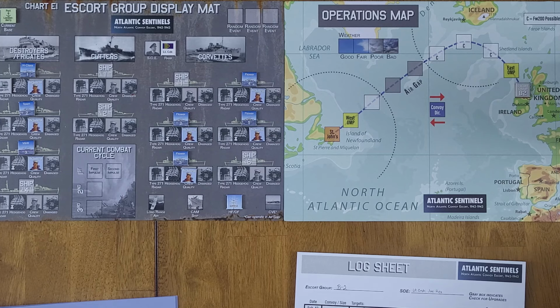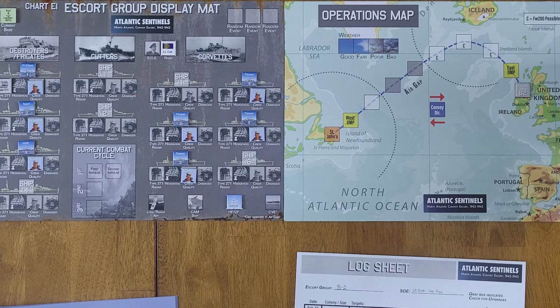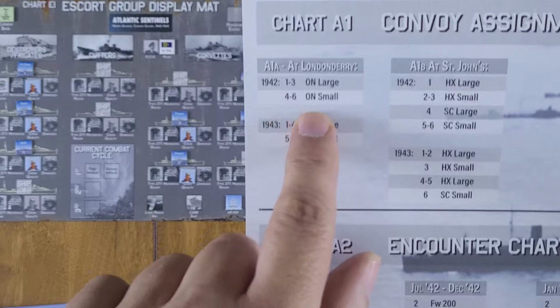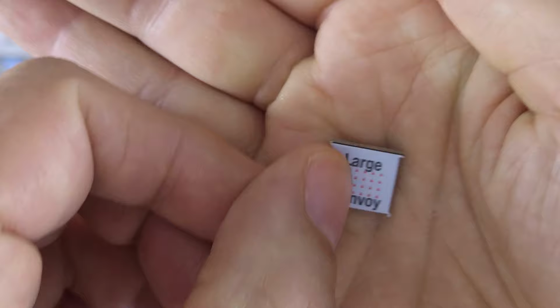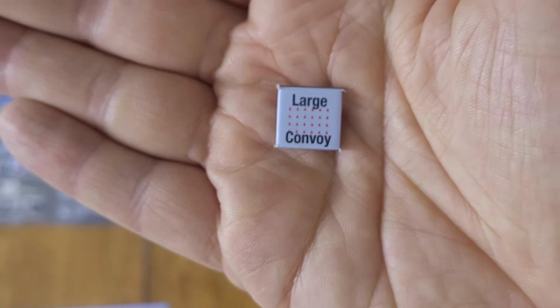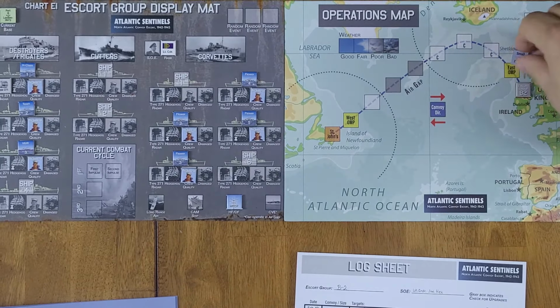So we're going to roll our 2d6 and just add them together. So we have our 2 dice rather, and we get a 9. Oh, mistake, sorry. We roll 1 die, and we got a 6. So a 6 is a small convoy. So we take our small convoy counter here, and on the flip side is large convoy, and you can see the columns of ships. So this would be a small convoy with fewer ships, obviously, and you put that on your east OMP,